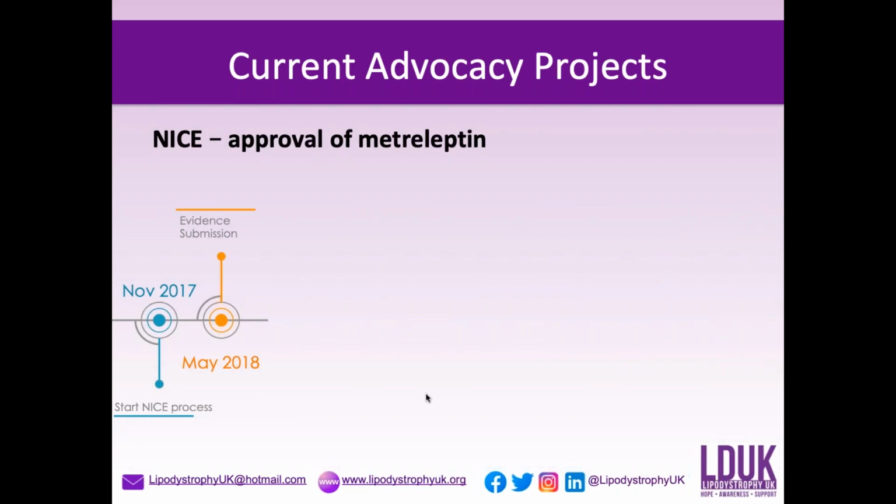In May 2018, evidence to support the application was submitted by ourselves as patient expert representatives, the pharmaceutical company and medical experts. In June of that year, NICE held the first committee meeting to discuss these data and hear from patient experts and medical experts also. The patient voice in these decisions is really important, particularly for rare diseases, to give the committee a real life perspective of what the burden of disease is, which can sometimes be difficult to fathom.